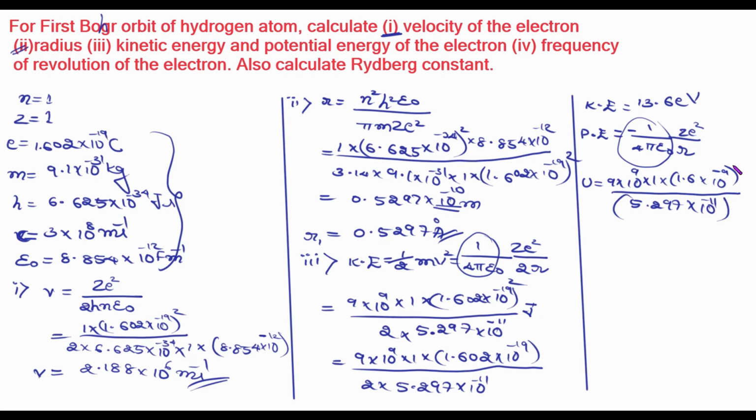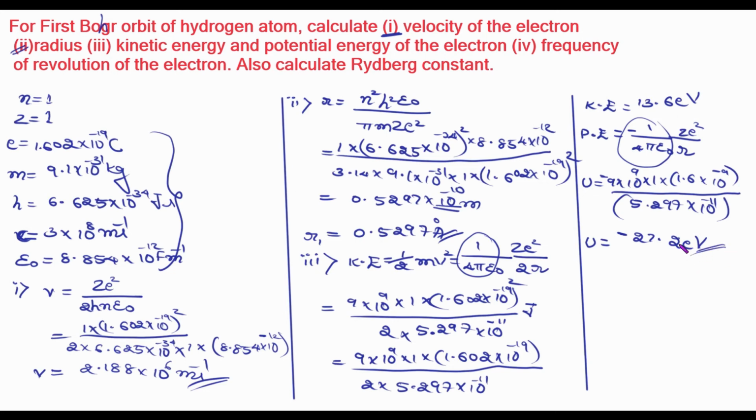Here, a square should have been put. If I just write the square, the answer will be in terms of joules. But if I want it in terms of electron volt, I again have to divide by e. Then one e in the denominator and another e in the numerator cancel, so one square goes away. So if you solve this, U will be equal to, there is a minus here, minus 27.2 electron volt, minus 27.2 electron volt.